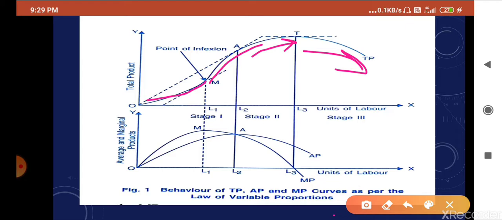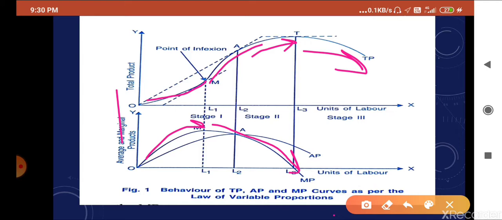Now I am going through MP. So go through the MP. You can see here that the first stage is already identified in your book. In this diagram we have the first stage, second stage and third stage. In the first stage, if you are watching MP, it is increasing at an increasing rate. You can see here MP is increasing at an increasing rate. And then after that, in the second stage, it starts declining. You can see here. And then what will happen?